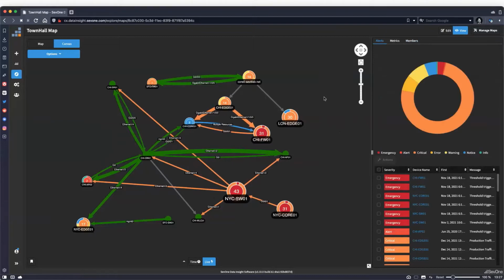But New York has been having problems. Chicago's been having problems. You might want to be able to say, well, what did the map look like 2 hours ago, 4 hours ago, so that I can get some context as to when did things go bad and how did they go bad, not just that things have gone bad. Obviously, when alerts are triggered, there are oftentimes lead up to those events. They don't just suddenly spike, and you can see that behavior over time. So what we've provided is a mechanism